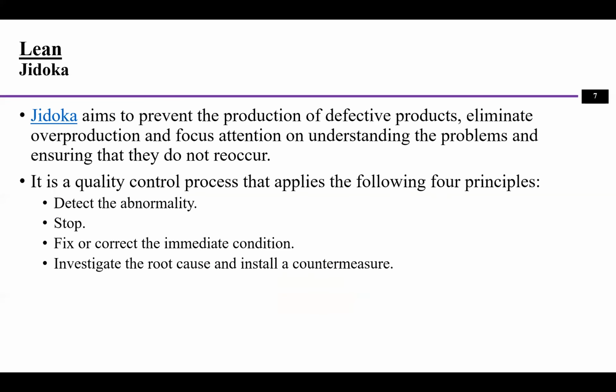And another concept is Jidoka. Same, watch this video. Jidoka basically is to try to eliminate or find out where the defects are, because when a defect happens, you first need to figure out what caused those defects, where the problems are, trying to detect the problem, stop it, and then fix it, and then investigate what the root cause is and maybe implement a solution. So it's more of a quality control process.